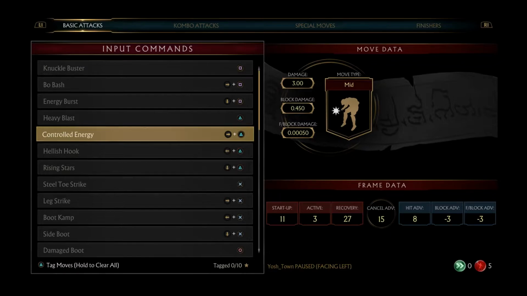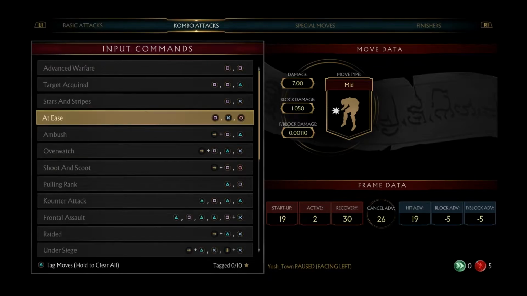Now we're gonna add those frames up to the block advantage. So 26 plus -3, or 26 take away 3, equals 23. So she has 23 safe frames she's actually able to use. So if we go to her back 2